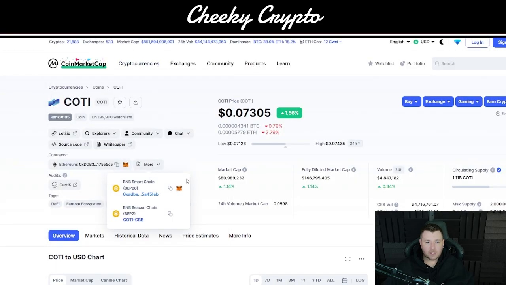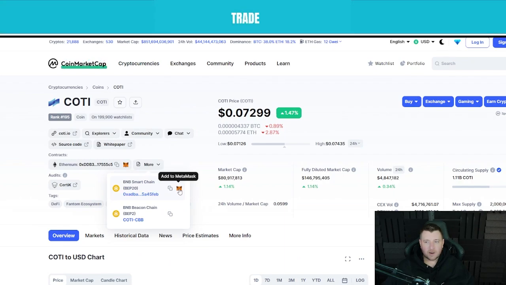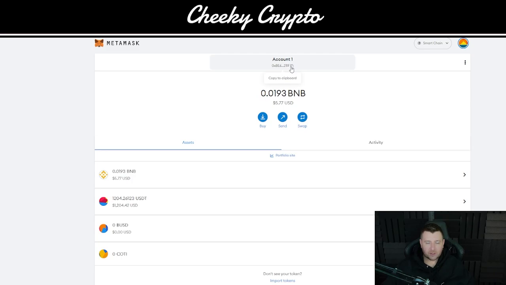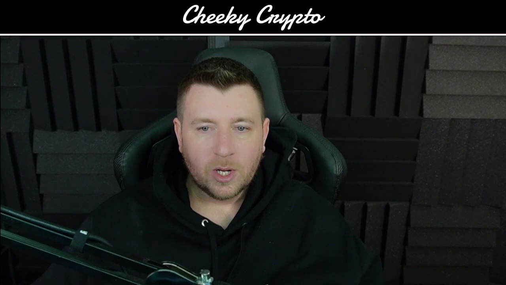Let's just go back, and you would press the MetaMask image there, and again it'll come up saying to add suggested tokens. Click add token. You can't see that on my screen, but it comes up. And then we've got it now here on the MetaMask wallet for the Binance side of the wallet, right? So all you would do, copy the account address, head on over to the exchange that you're moving your COTI